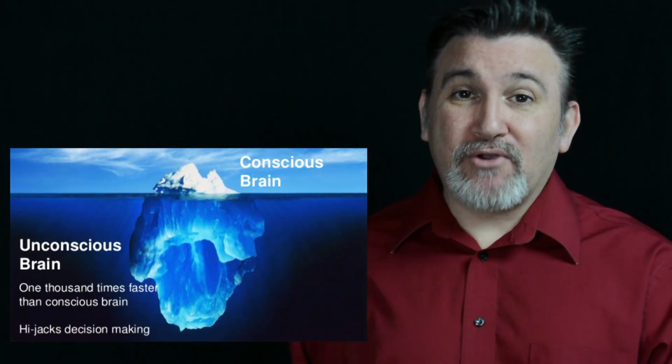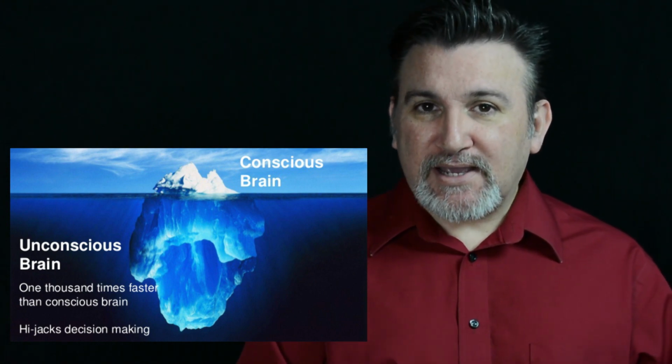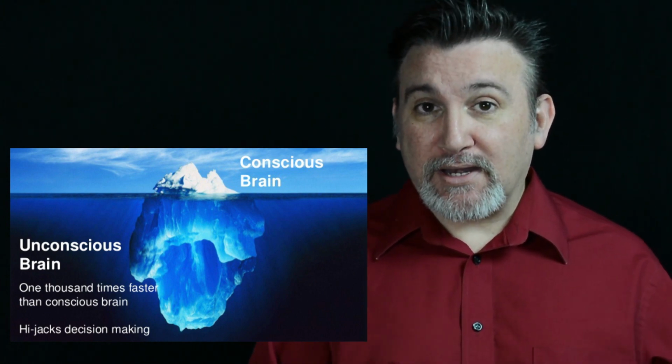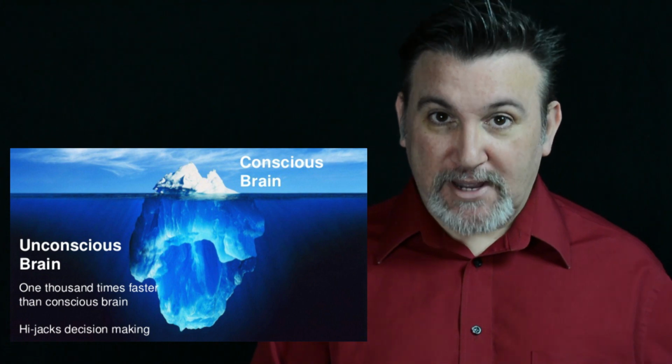To start, I would like to show you a little graphic that I used in the past when learning to really understand in a visual way what implicit, unconscious, and conscious biases are. So here we go. As you can see, I have a graphic of an iceberg. This iceberg is supposed to represent our brain and how our brain works when it comes to biases.